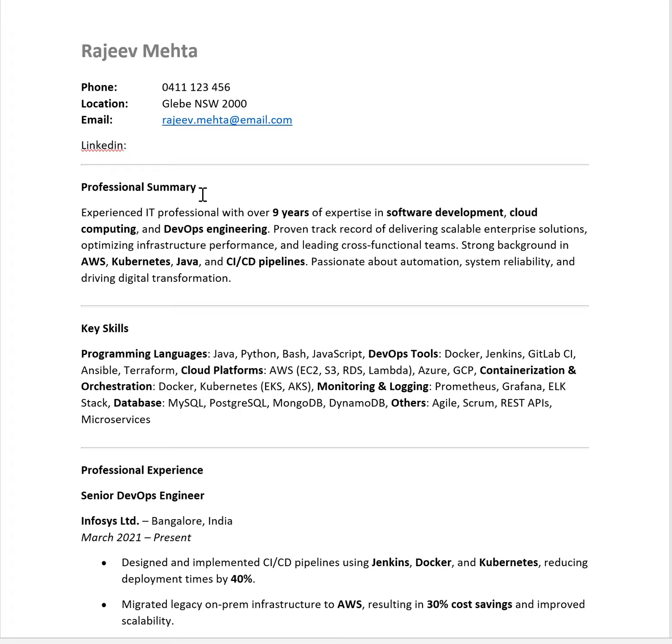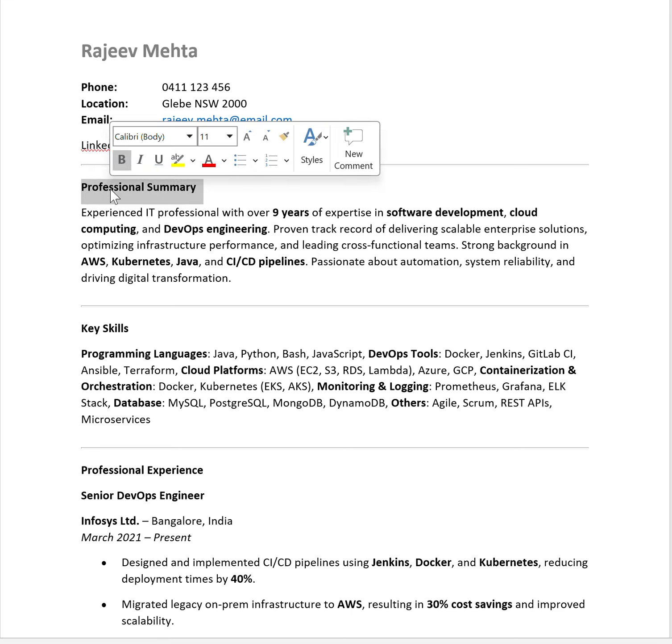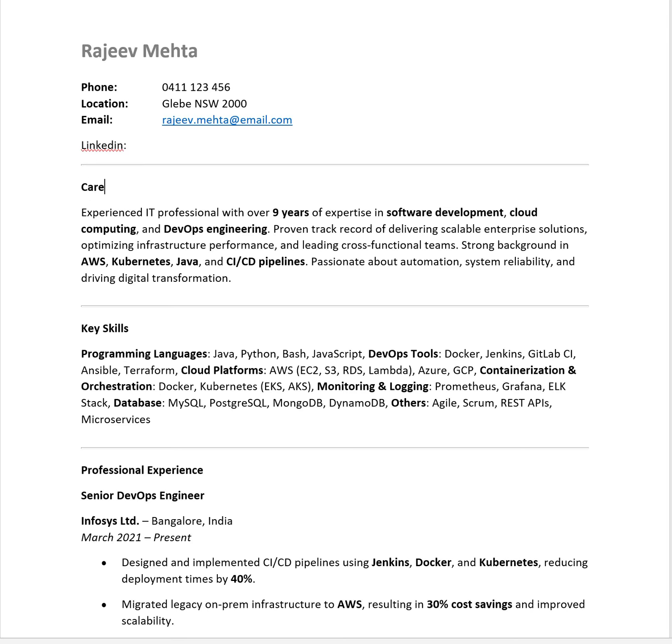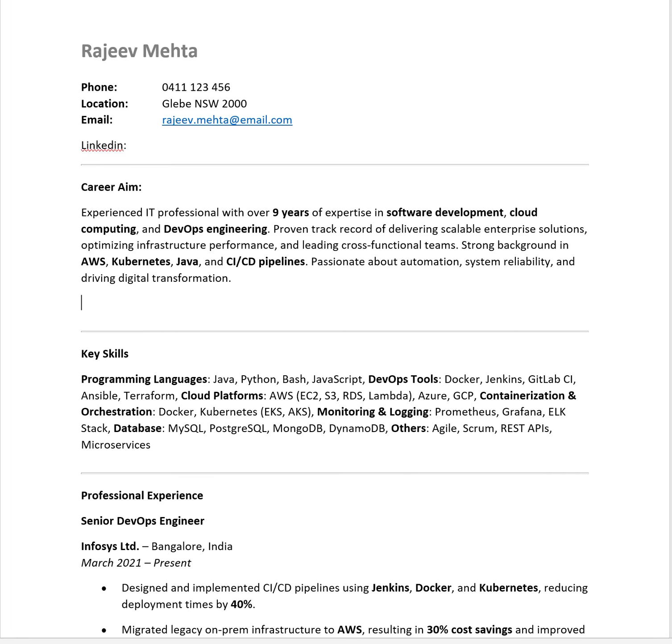Okay, so going on to the professional summary, you can change it, leave it as that, or career aim. So this gives overall information about who you are and all of that. Now that all sounds great, but it's not very specific. Maybe this would be a good career aim if you're applying for a position within an organisation. But I think for this sake, it's probably best to have something a little bit more